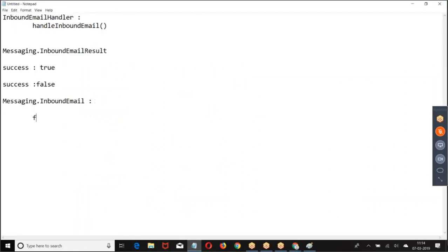In the InboundEmail, what can we get? From address, CC address, to addresses, subject, plain text body, HTML body.